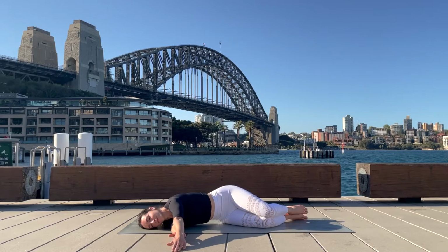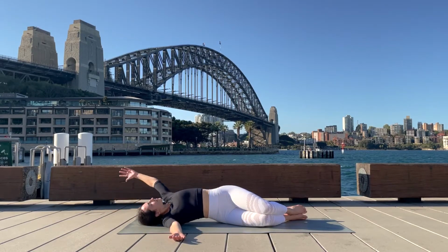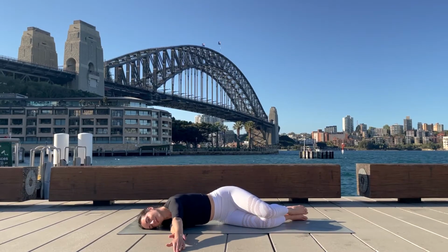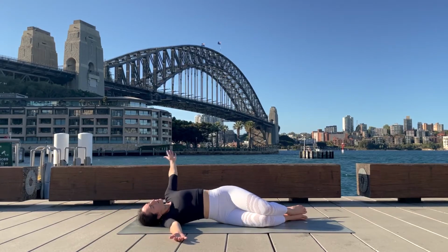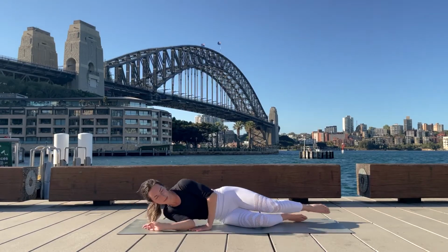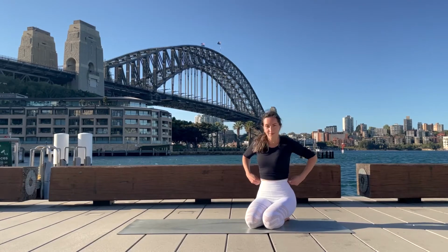Inhale, reach forward. Scoop overhead, getting that left shoulder blade towards the floor. And exhale, scooping back to the start. Last one, reach forwards. And coming back to the start. From here, push yourself up to a comfortable kneeling or seated position with your hips resting on your heels